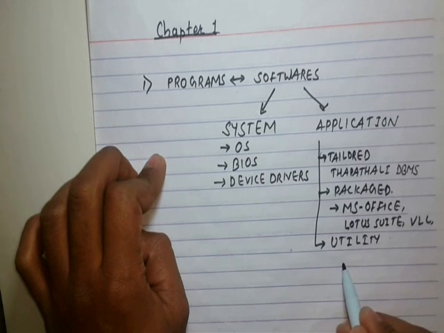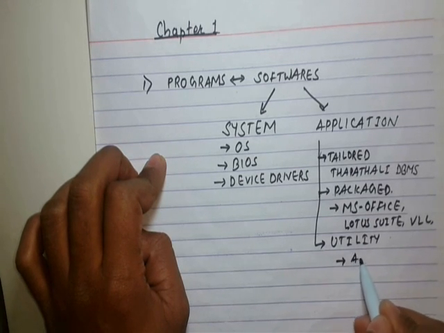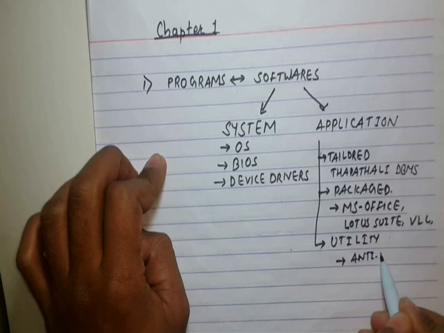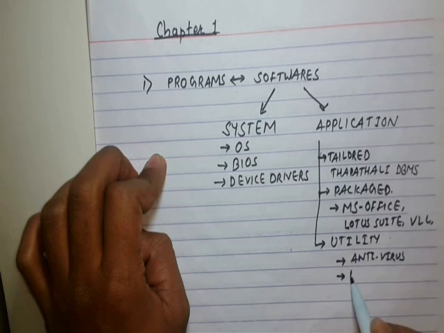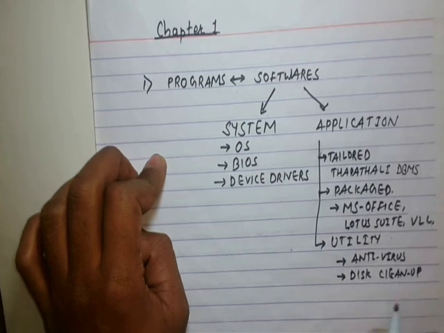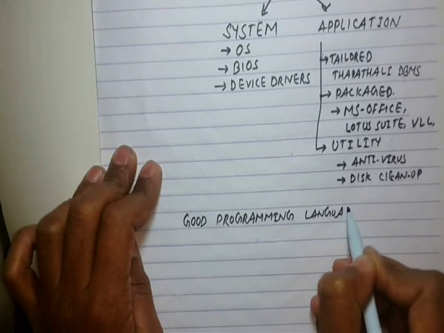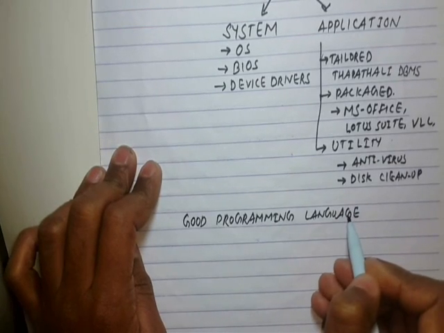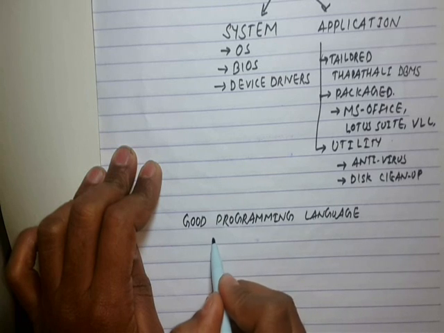Some examples of utility software were antivirus software, disk cleanups, etc. We then discussed features of a good programming language under